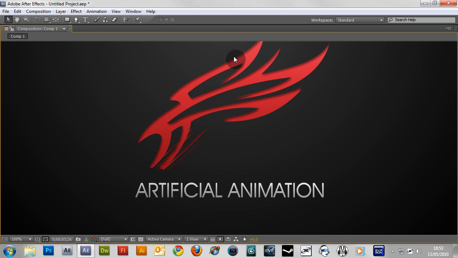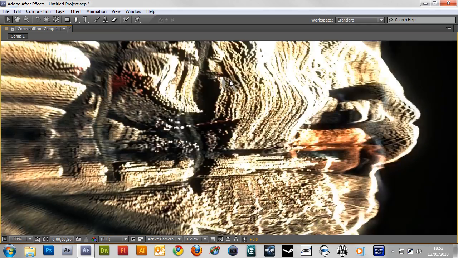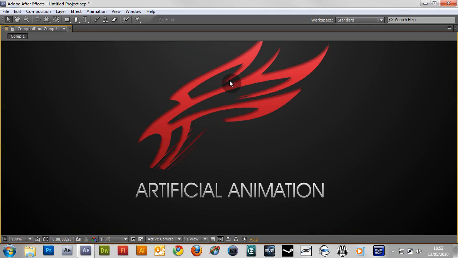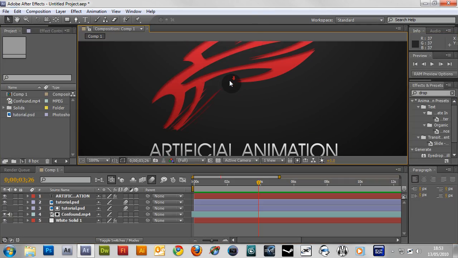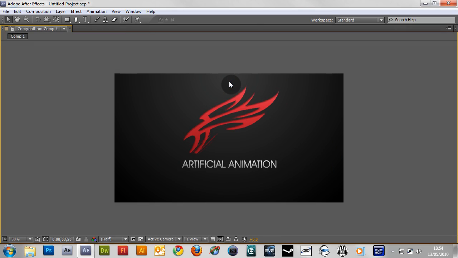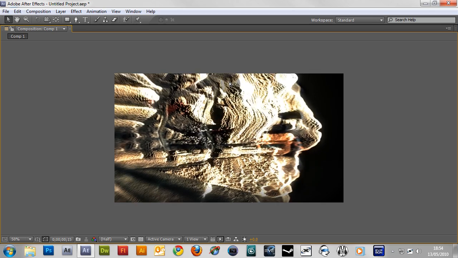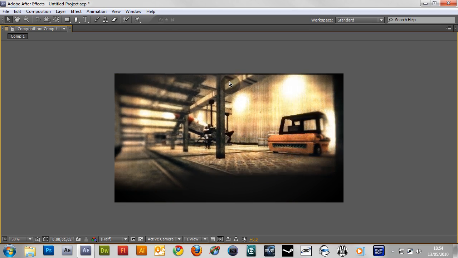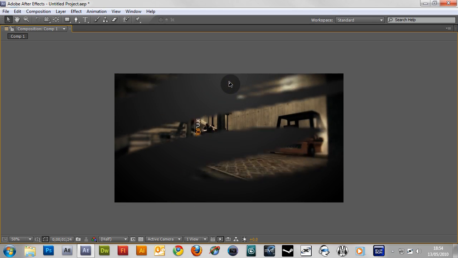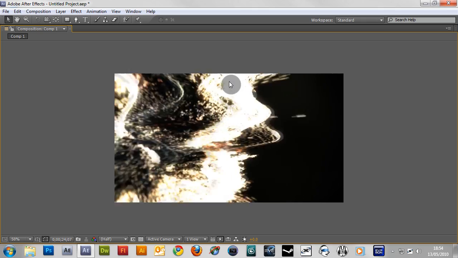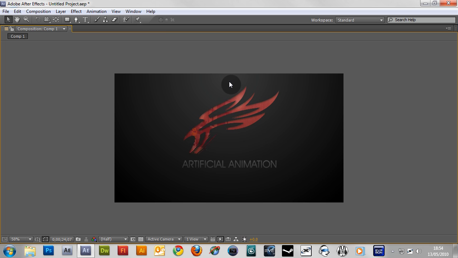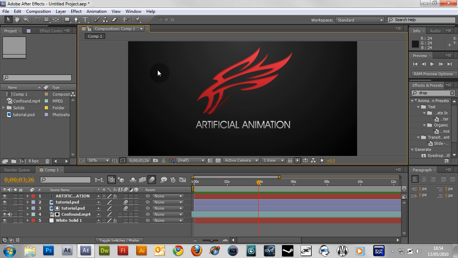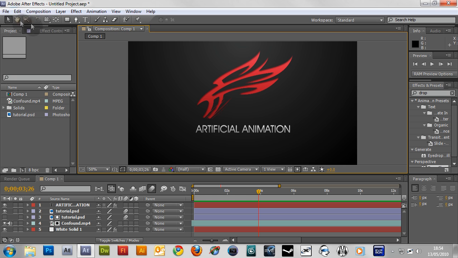So you want to pop into After Effects, and I'm going to be showing you what we're going to be doing. That looked a bit better when I was doing it, but I guess that'll do. So basically it's just the vector with some motion blur and the text fading on. There's a bit more than that going on in the actual composition, so without further ado, let's make a new